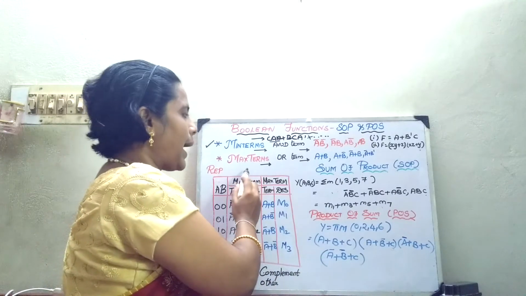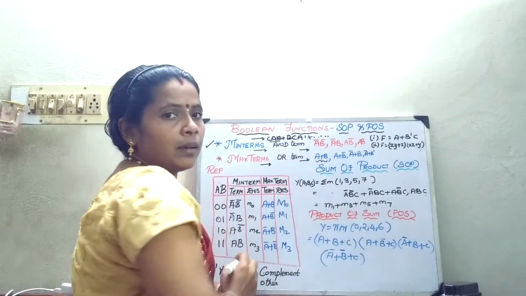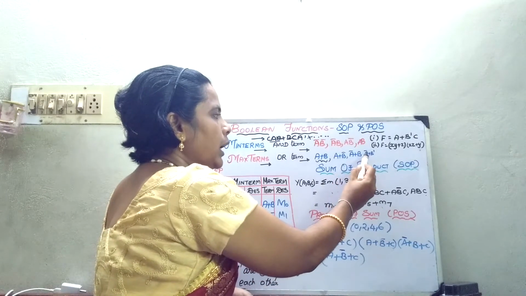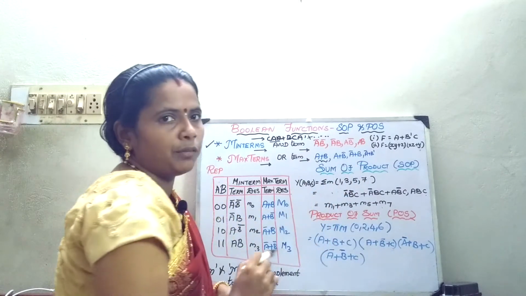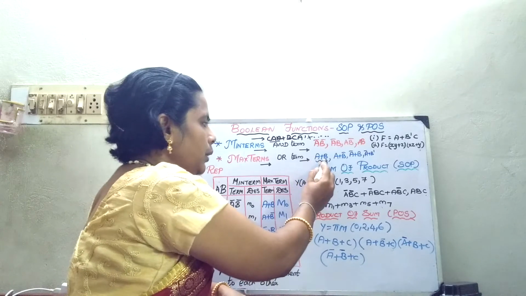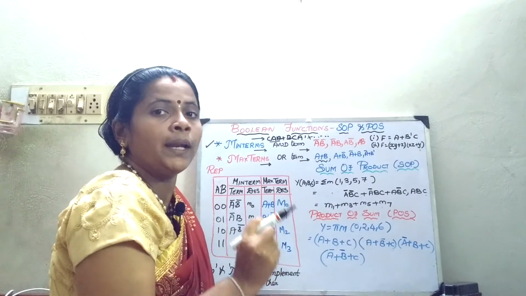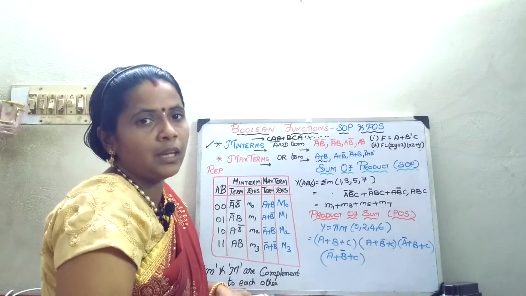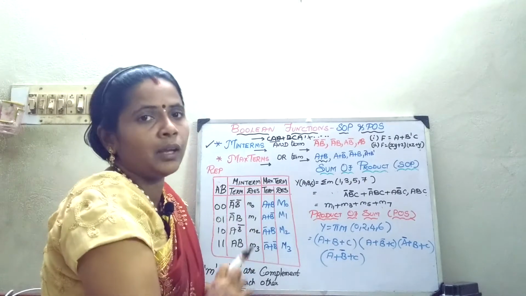The next thing, max term. A max term is nothing but if I express like this: A plus B, A plus B bar, A bar plus B or A bar plus B bar. So the variable can be in normal form or in complemented form. Every OR term, expressed either in normal or in complemented form, is called a max term. So simple. Min term means every AND term. Max term means every OR term.